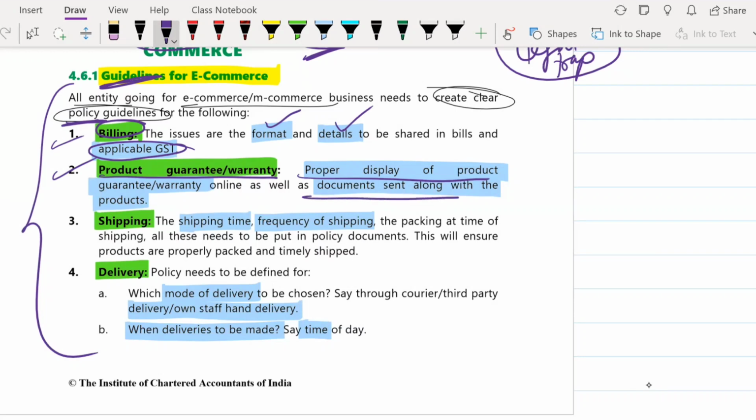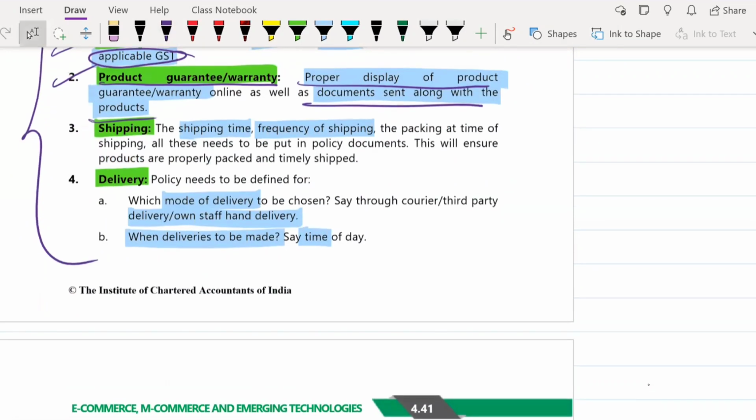And the documents should also be sent along with the product. So this warranty, if you need to get a warranty, you'll get this card or something, right? So those things must also be sent with the products itself properly. Next is shipping. So here what they're telling is proper rules and guidelines related to the shipping time must